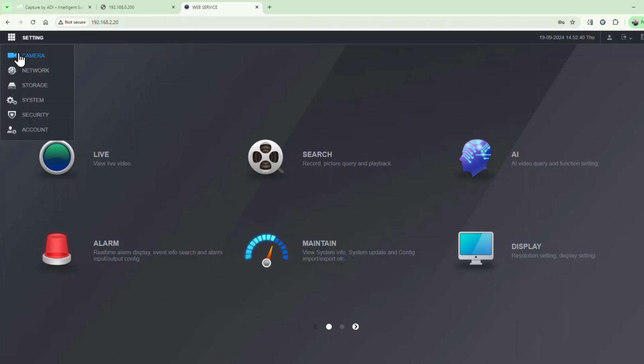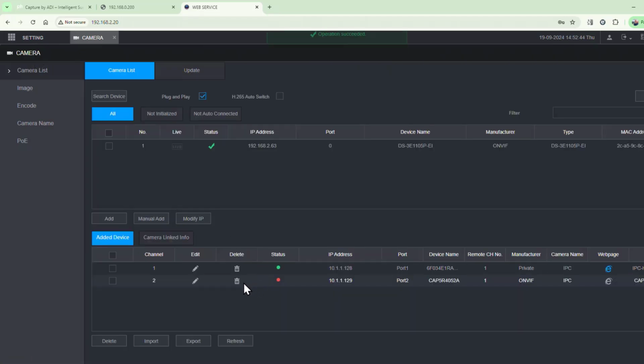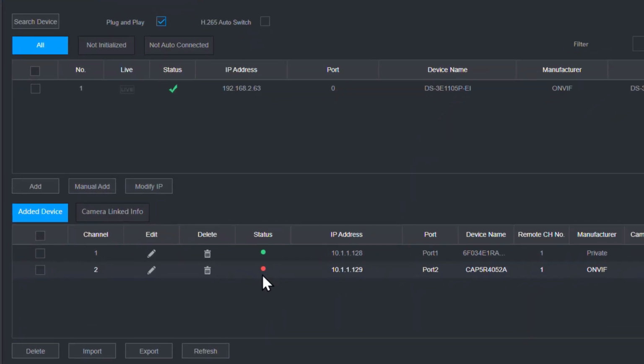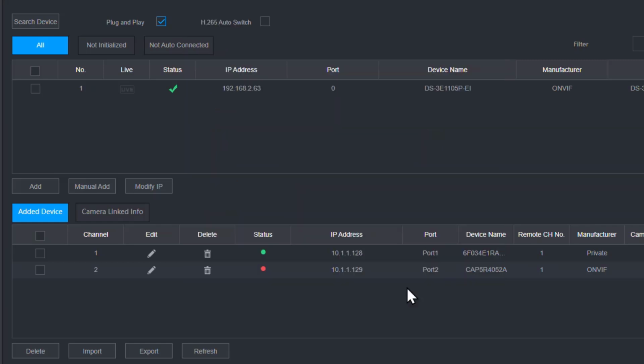So I'm going to go over to setting, I'm going to go to camera, and what we're seeing here at the very bottom is the camera's powered up, it has an IP address. The only thing I really need to do now is to make sure the username and password is correct for the connection. It's already picked it as an ONVIF camera, and I'm just going to click OK, give it a second, maybe click refresh on here, and we've got a live image.